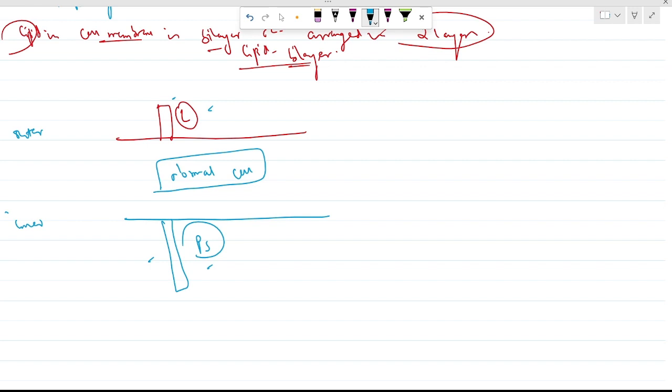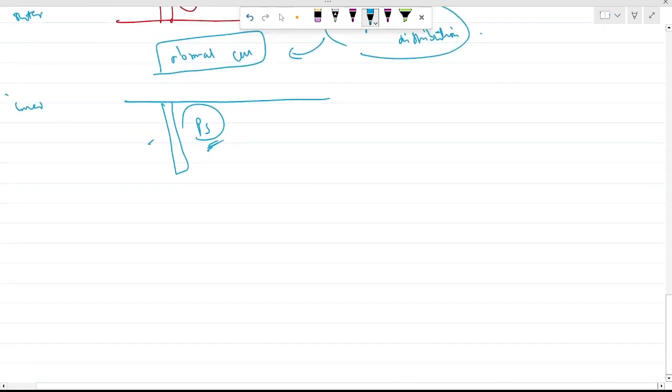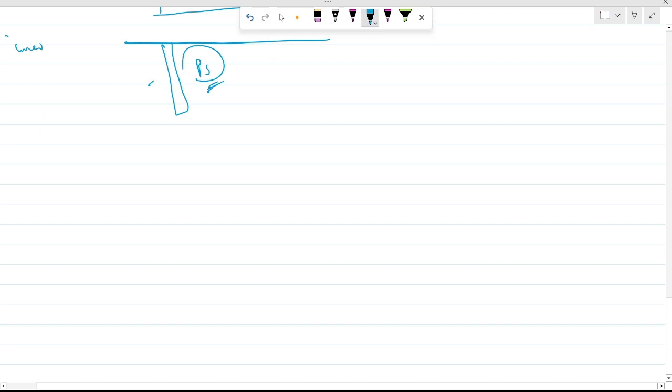This is called asymmetrical distribution. This arrangement of lecithin and phosphatidylserine in the two layers is called asymmetrical distribution, which is a feature of a normal cell. Now if this arrangement is reversed or in any way modified,